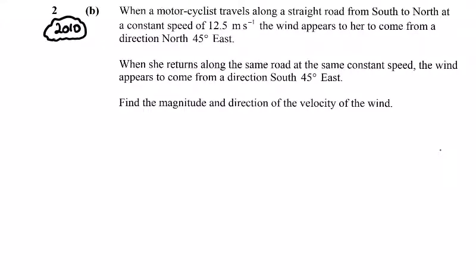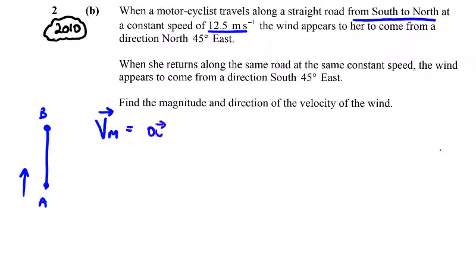2010 relative velocity question. A motorcyclist traveling along a straight road from south to north. Let's do a diagram. Here he is, south to north. We call them A and B. He travels at a constant speed of 12.5, so he's going south to north. So the velocity of the motorcyclist is positive J, so 0 in the I direction, plus 12.5 in the J